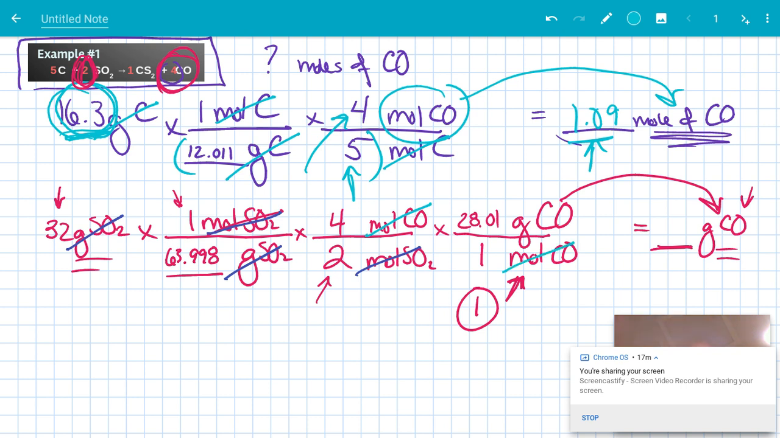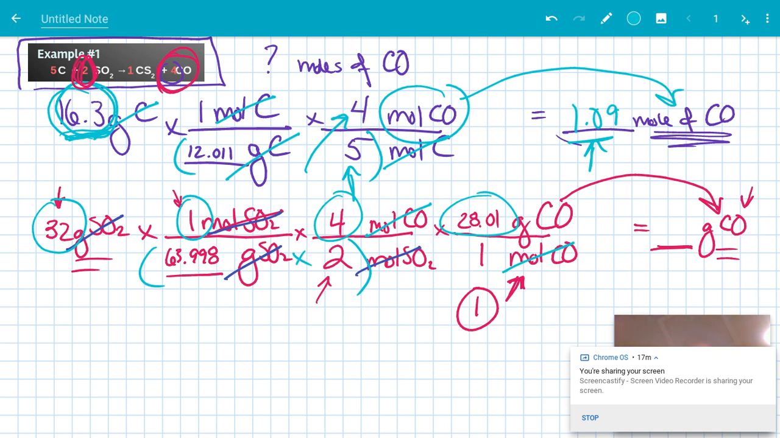So now I'm going to multiply everything on the top, and I'm going to divide it by everything that's on the bottom. So I'm going to do 32 times 1 times 4 times 28.01. I'm not going to do the 1: 4 times 28.01, divided by everything on the bottom in parentheses. It's an order of operations issue that is super important. So 63.998 times 2, close parentheses, equals. And the answer I get is